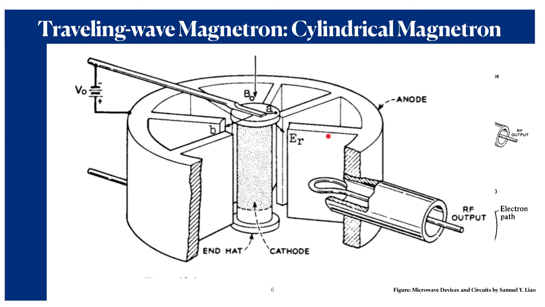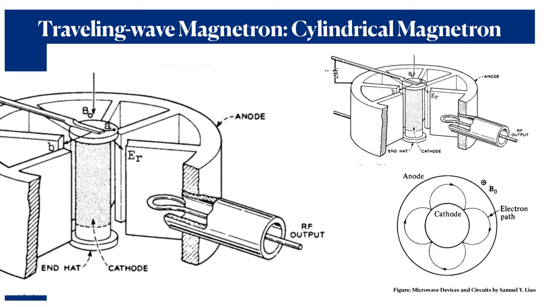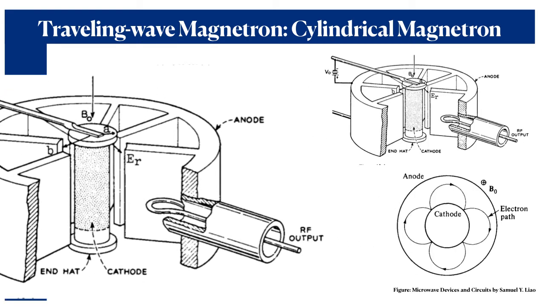There you can see that there exist several cavities. These are called the Resonant cavities, because you will see from this diagram, or from this schematic, which is a simpler representation of the system. So this one is the cathode and the outer boundary represents the anode, and the electric field is applied from the anode to the cathode.